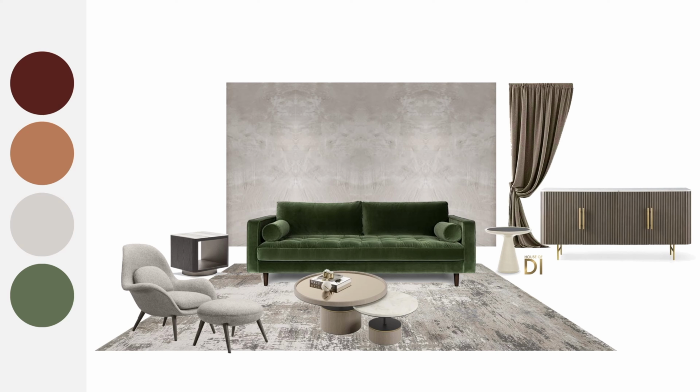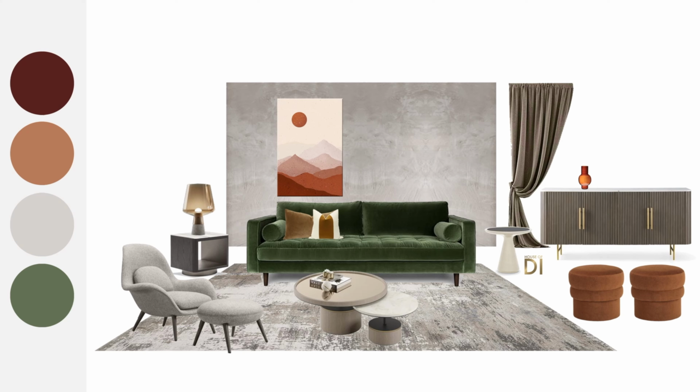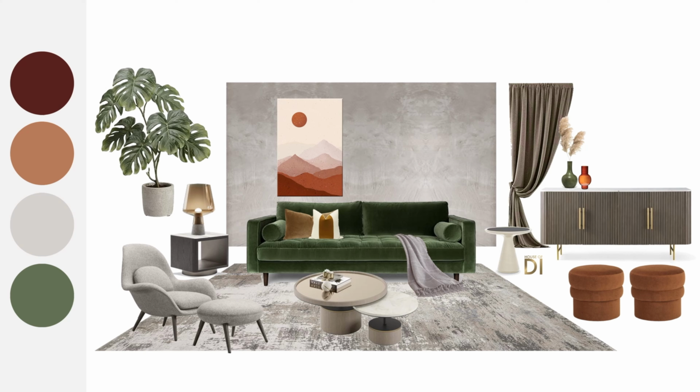I've brought in olive green as the focal element, that is the 3-seater sofa, and rust or terracotta in the accent elements via the poufs, the cushions, and the artwork behind. I've used smaller green artifacts and the monstera plant to balance these colors out. The warm shade of gold in the chandelier brings in the luxury element and holds it all together.